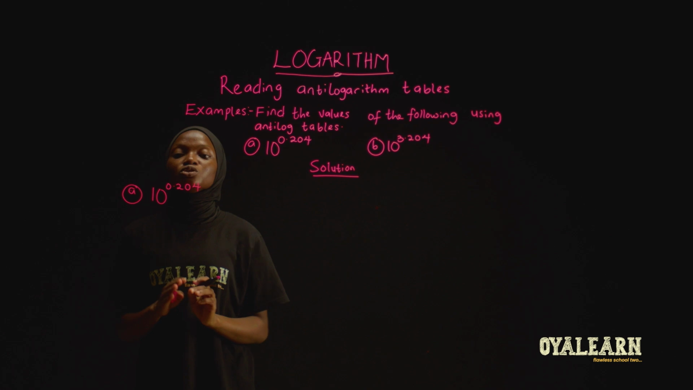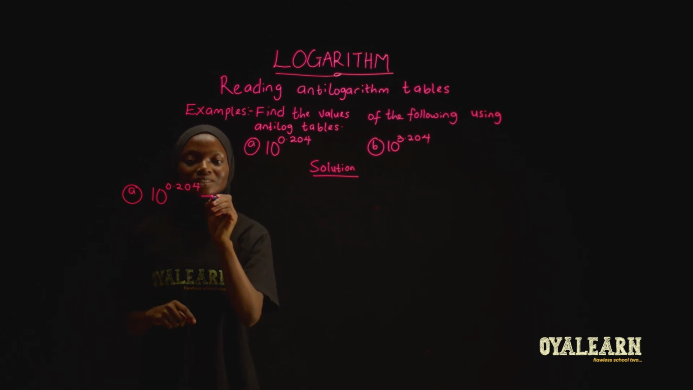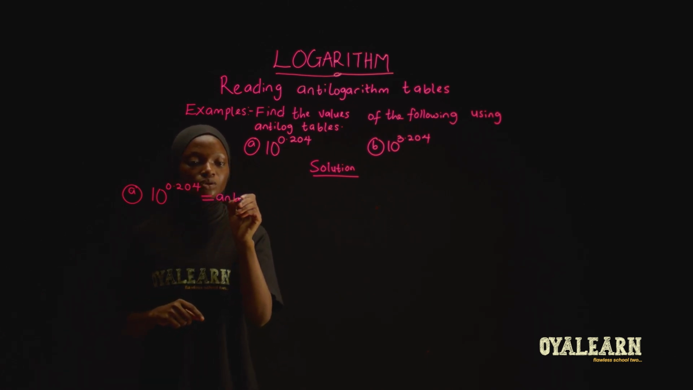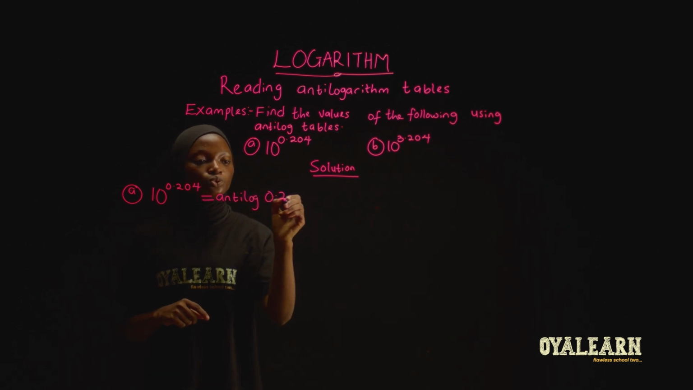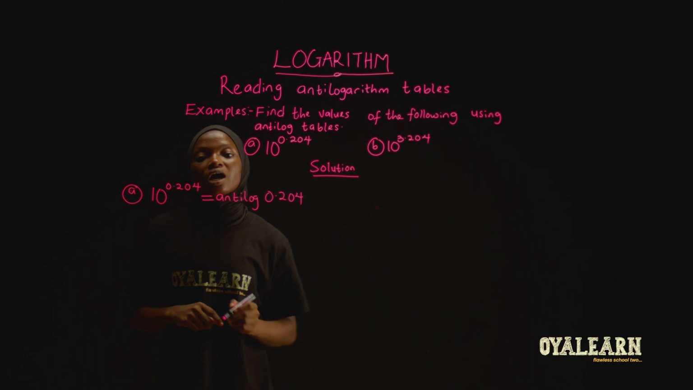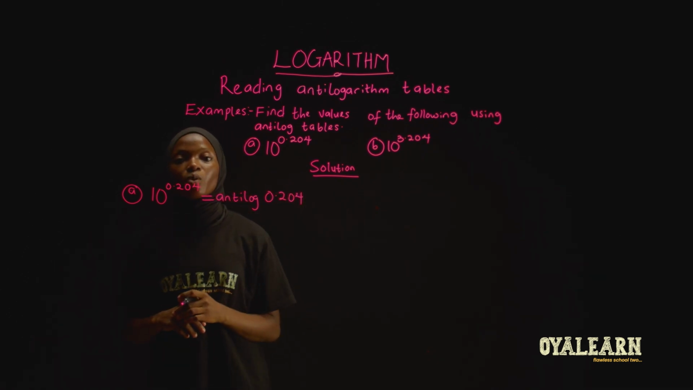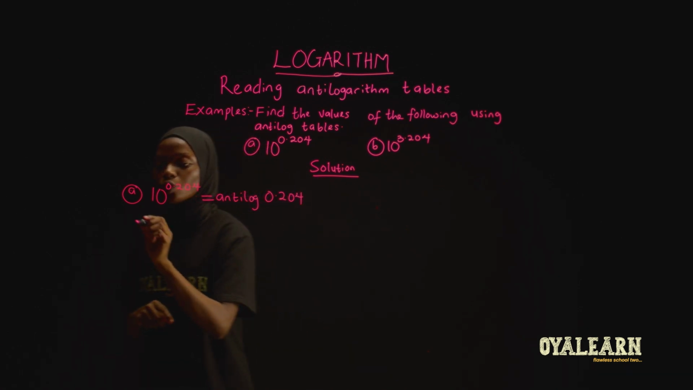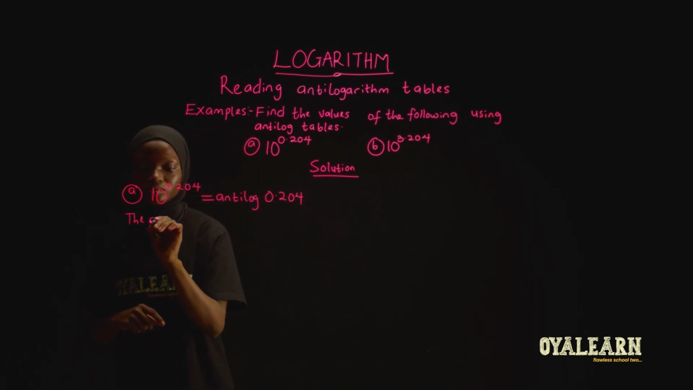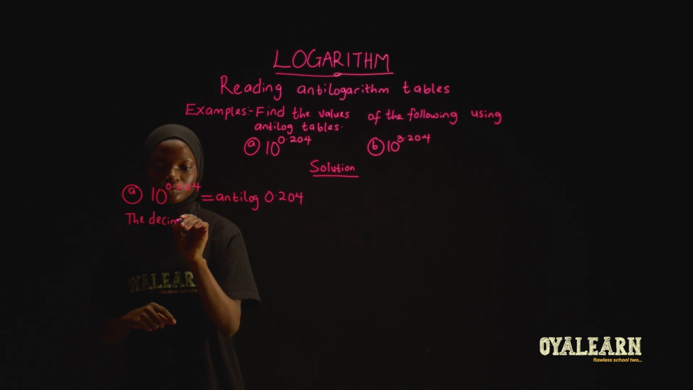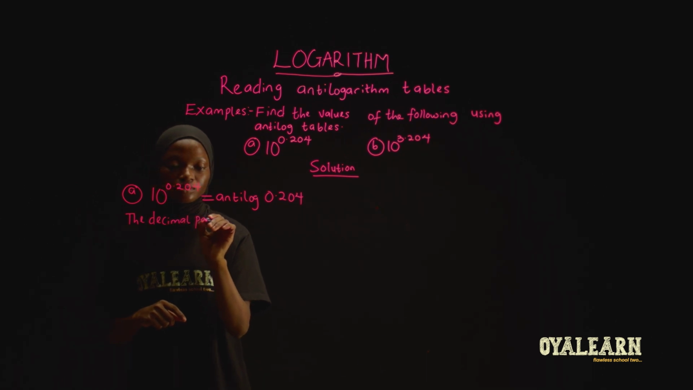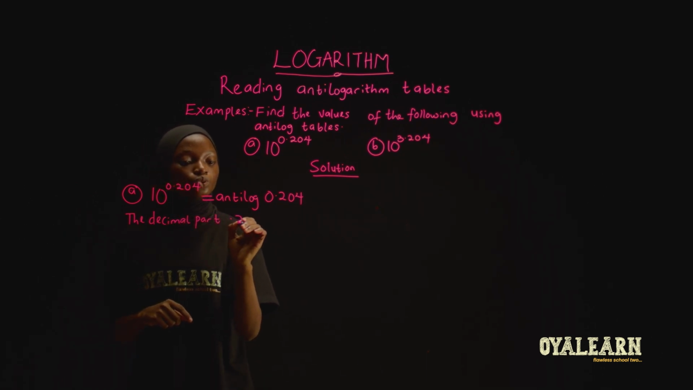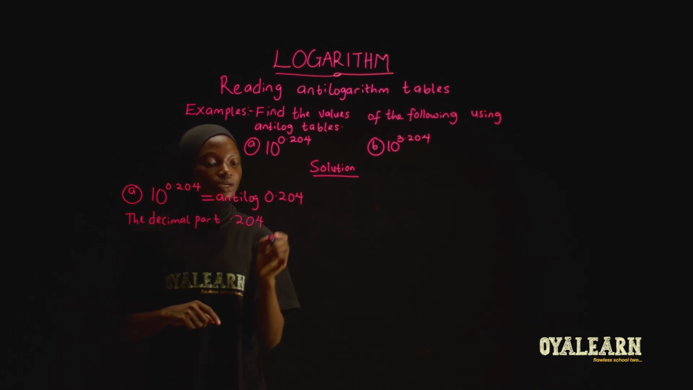That is, 10 raised to the power of 0.204 is the same thing as the antilog of 0.204. And we know to find the antilog of this number, what we need to find is just the antilog of the decimal part. So the decimal part, our 0.204, gives,